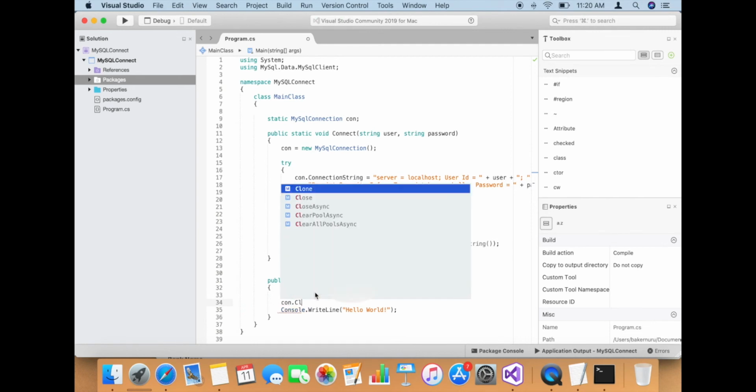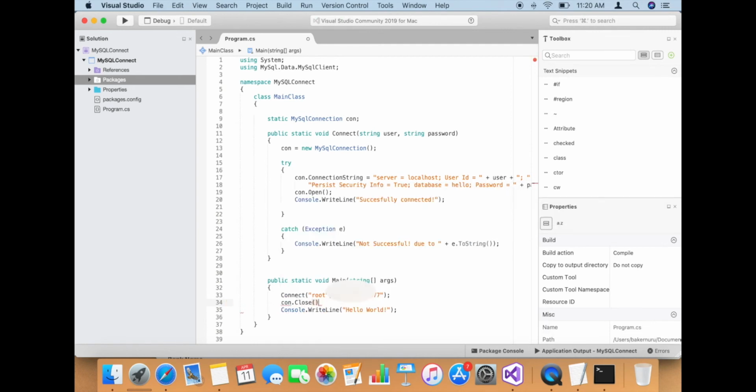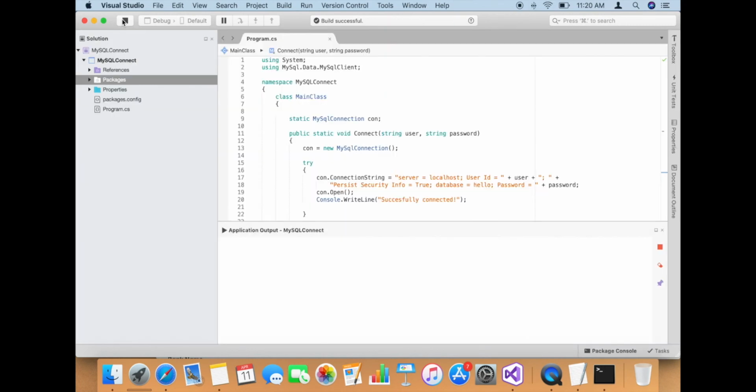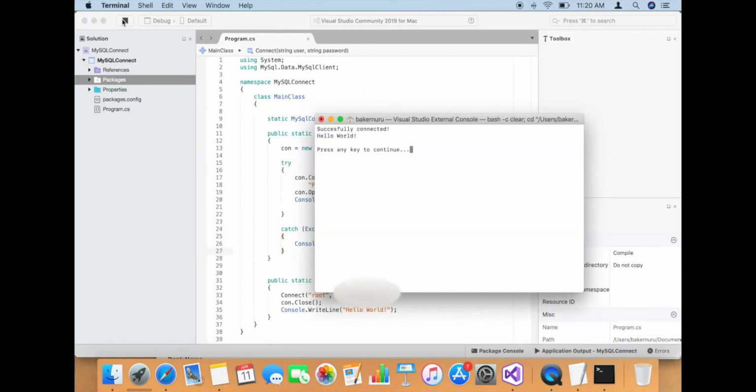After that, you gotta close the connection, because if you don't close the connection, the application will still be running. It will not terminate until the connection is closed, since it's a MySQL connection. As you can see, we have code here that is a try and a catch. The try will run if the connection is successful. It will write in the console to say successfully connected. Let's run it and check that. It's running. As you can see, it's successfully connected,